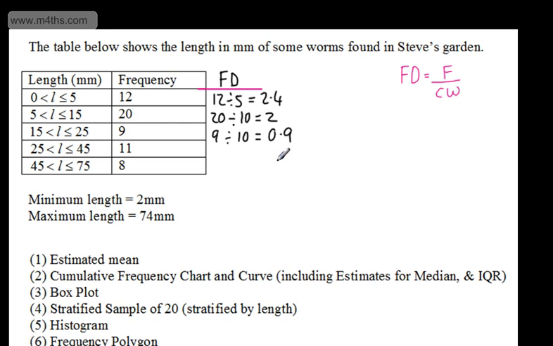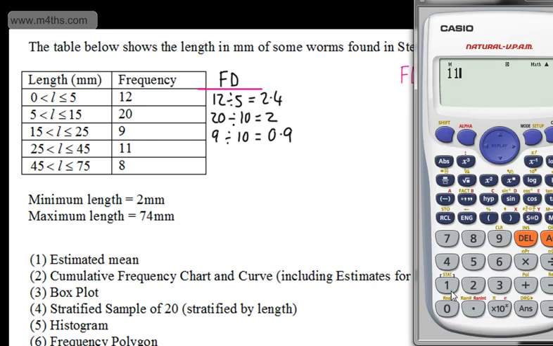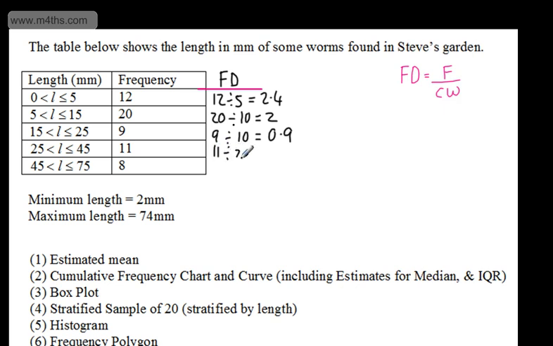That's my frequency density. This one just here, we have now a class width of 20. So we've got now 11 divided by 20, which should give me 0.55. Let's just check that. Check my brain isn't going mad. 11 divided by 20, that's the class width. And that will give me my 0.55. So 11 divided by 20 is equal to